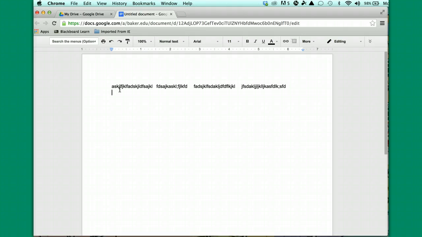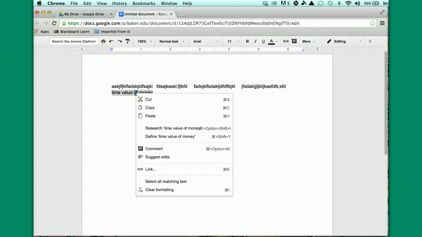And then I run across maybe a term that I feel like I want to go do a little research on right now, kind of like right in line, if you will, in my particular document. So let's say I'm working on a finance paper, and time value of money is something that I want to get a little bit more information on and provide some results of some research here. So what I'm going to do is I just type in what the phrase is or the word is that I'm looking for. I'm actually going to highlight this item, and then I'm going to right click on the mouse,